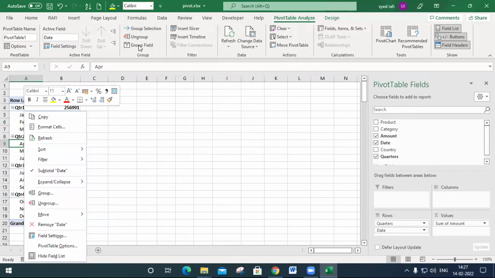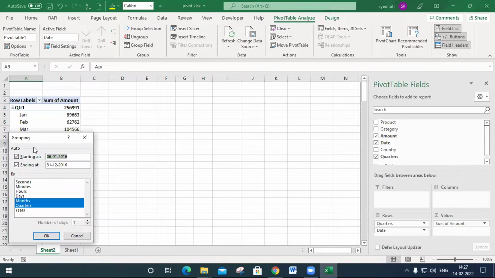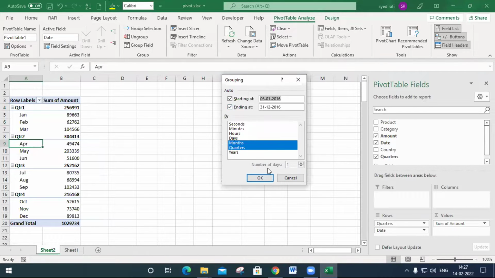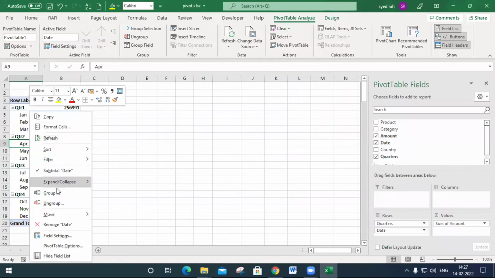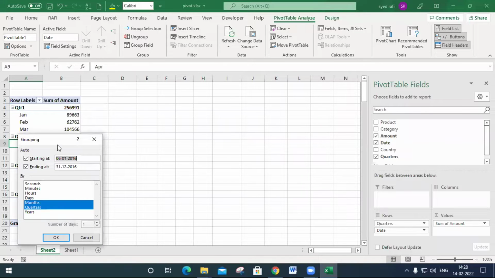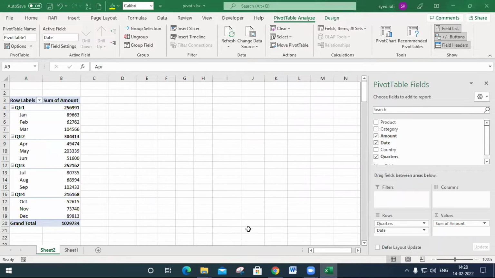Here you must select like this. The same dialog box will be displayed like this. This group field is equal to this one: by clicking on the right button, we get this context menu, and you may also select this group. Both are equal. Okay.